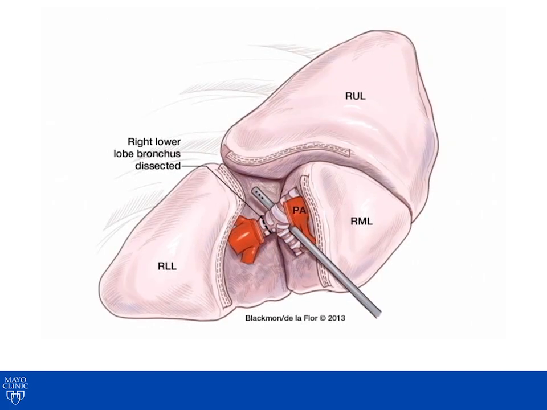Once you've divided the pulmonary artery going to the right lower lobe and all of its associated branches, you can then begin to dissect out the right middle lobe branch and the right lower lobe branch. Be sure that you do not encircle, staple, and divide the right middle lobe branch, and be sure that you only encircle, staple, and divide the right lower lobe bronchial branches going to the right lower lobe, including the superior segmental branches. This can be performed from a fissure approach or by retracting the lung upwards again and from an